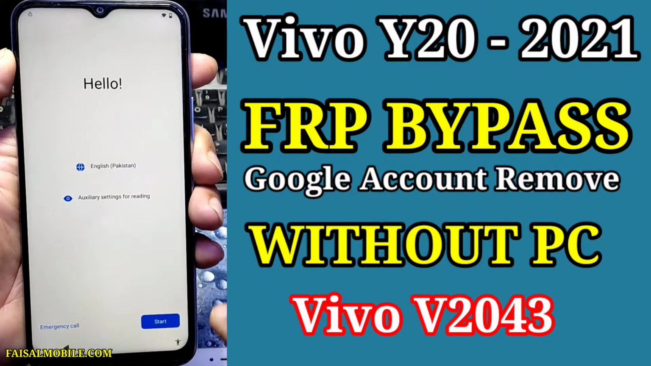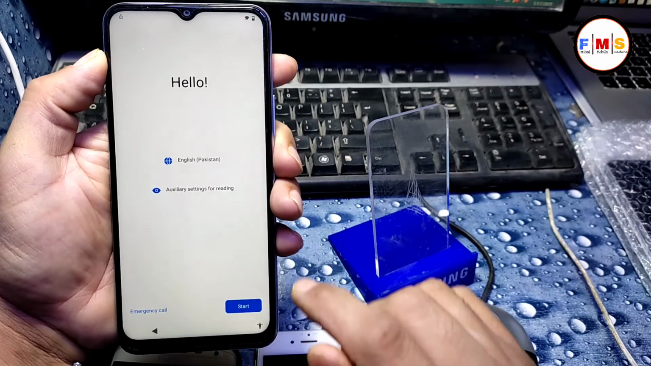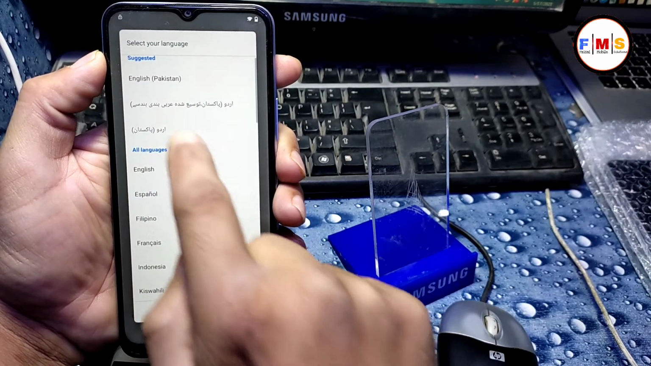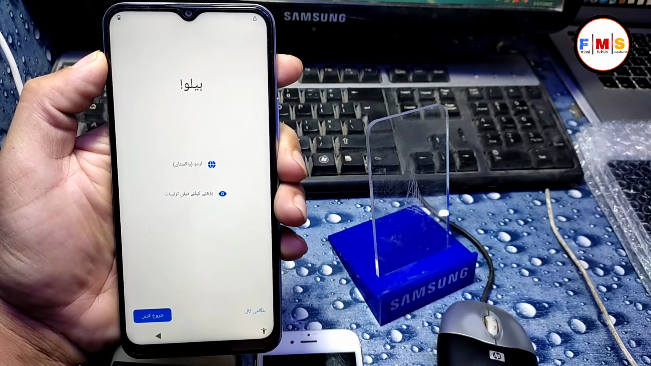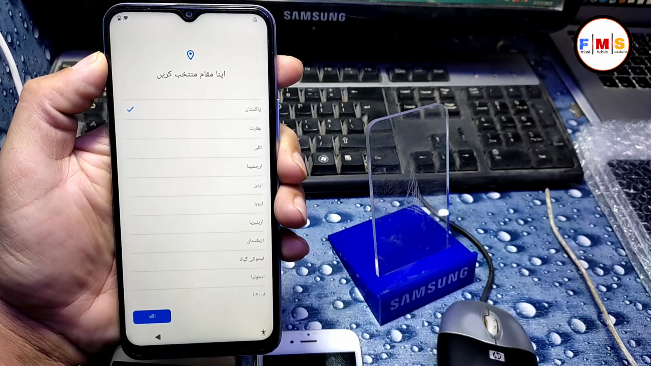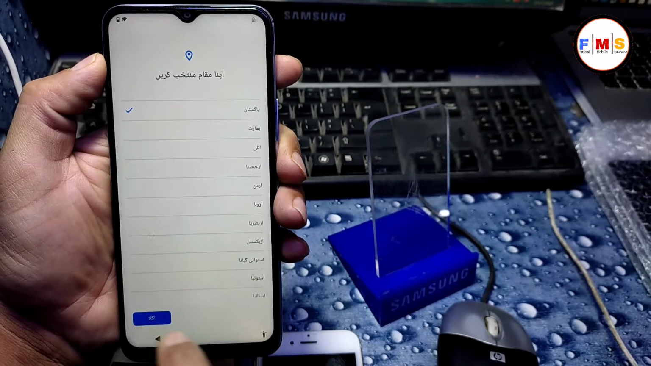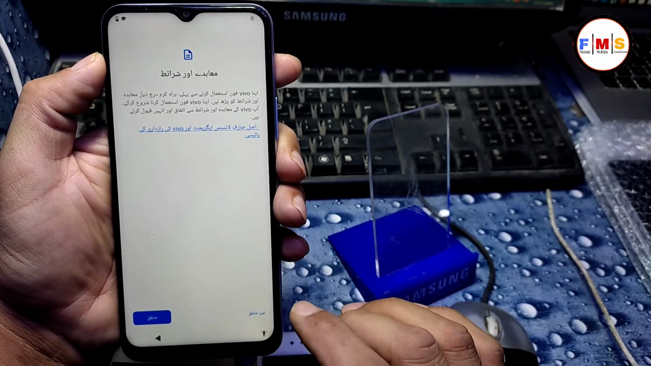Hello friends, in this video I will show you how you can bypass FRP lock on Vivo Y20. So this method also works on other Vivo mobiles. First of all, we need to change the language. I just selected Urdu and then select country Pakistan, then next, then next,